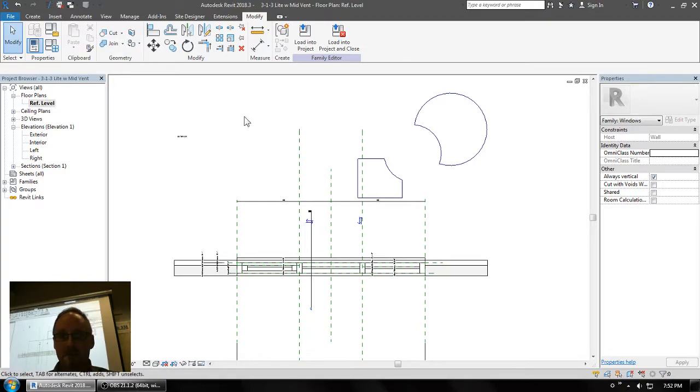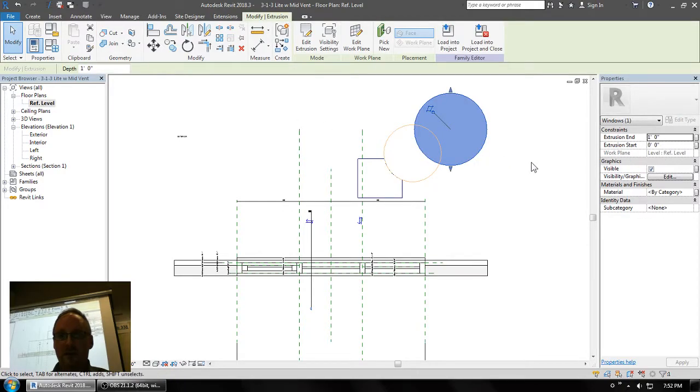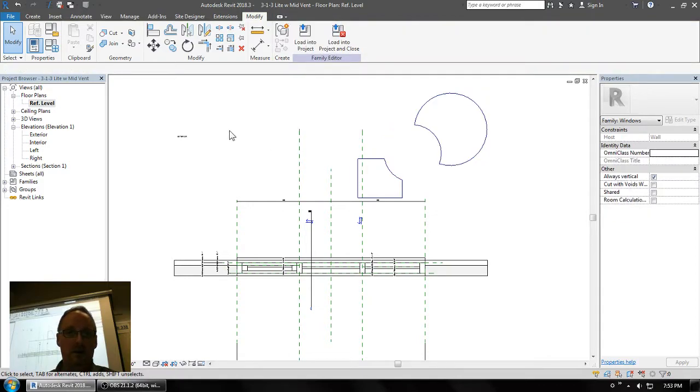Now, you'll notice that with the solids, you folks can see that there is a visible parameter, so you could turn it off if you wanted to. And there's a little gray checkbox here, which means that you could create a checkbox in your family so you could turn geometry on and off at will. So for example,